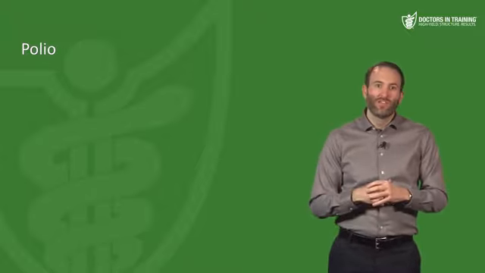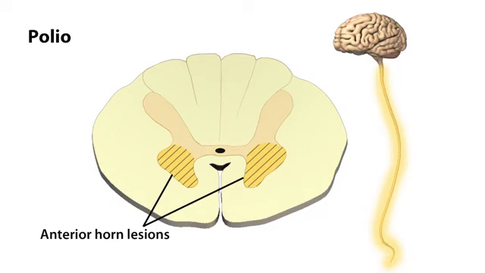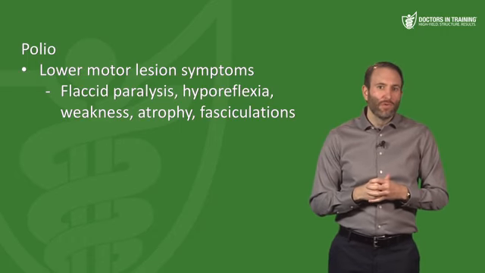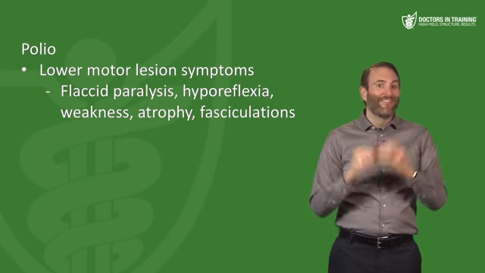Polio is transmitted by fecal oral transmission, and it replicates in the oral pharynx before it goes to the small intestine, and then it spreads through the bloodstream where it preferentially goes to the central nervous system. Now it likes to live in these motor neurons of the anterior horn. Because it's living in those neurons, it's actually going to destroy those lower motor neurons. So you're going to have lower motor neuron symptoms with polio, which will result again in that flaccid paralysis that